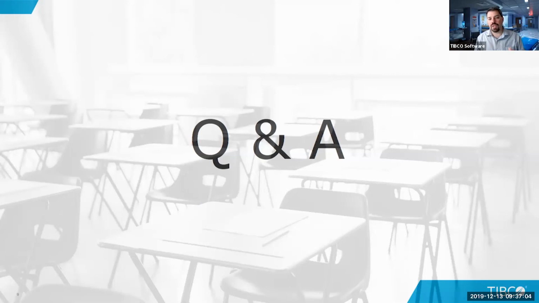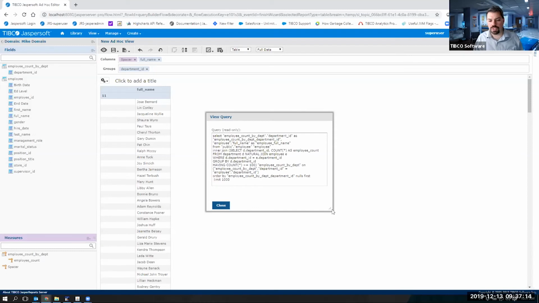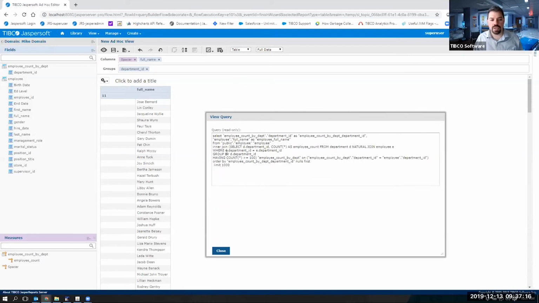So what I recommend is using that view SQL option in your ad hoc editor. And actually, I think I can show that. Yep, so it's this button right here. Clicking that, you will see the generated SQL statement. And in here, this is my derived table. So you can see exactly how this has worked because I joined the data from the derived table. That inner select statement is part of an inner join, and this can get a little hairy.